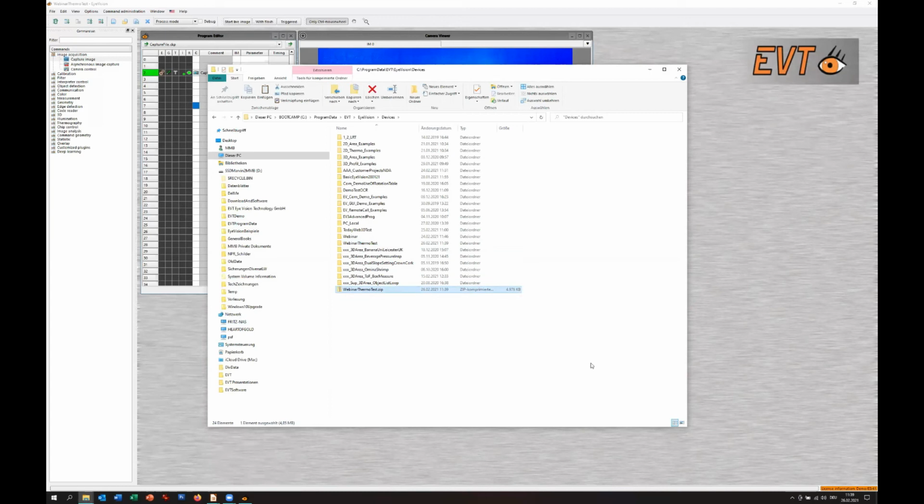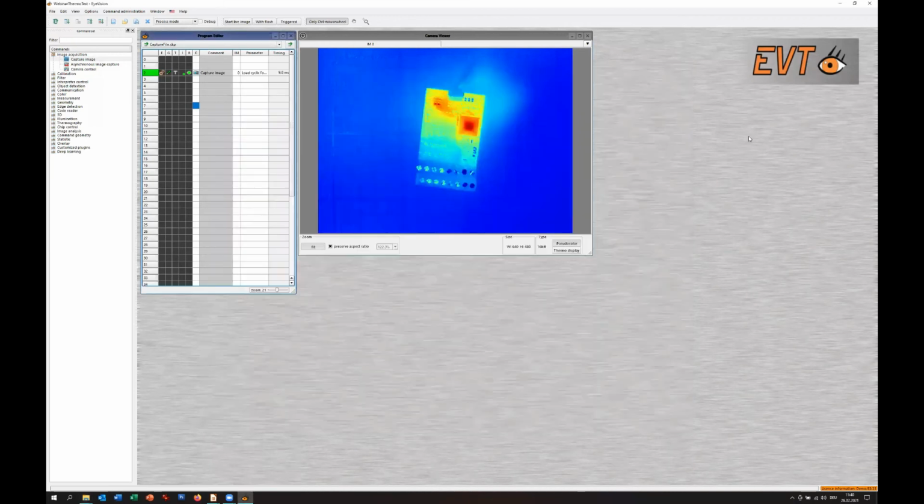I delete it because we don't need it anymore. We can open it, or one of our support team members can open it, and he sees exactly what you have. And if you have the description, okay, I don't know how this command is working, he can simply say,